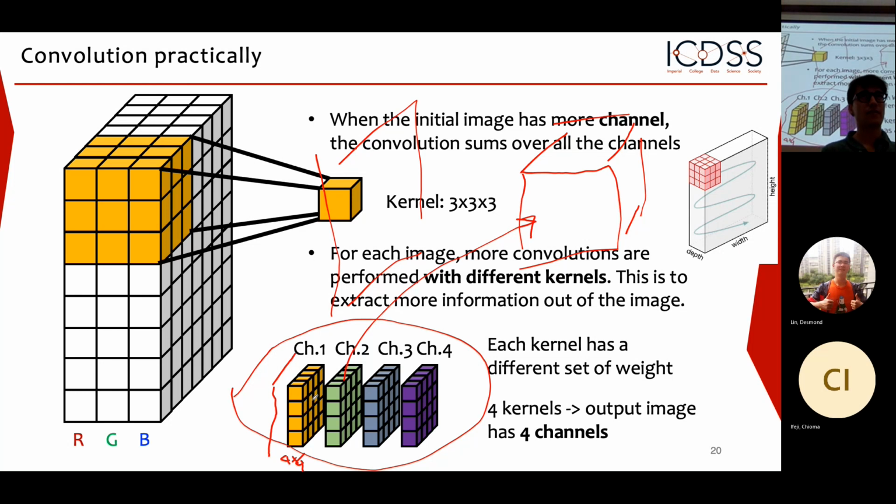Does it make sense? Yes. So this is what I mean with the number. This is why the number of channels doesn't change, because I start with 4 channels and 4x4 images. I end up with 4 channels and 2x2 images, because